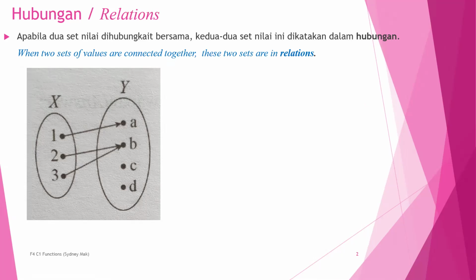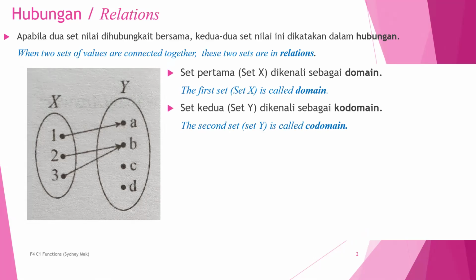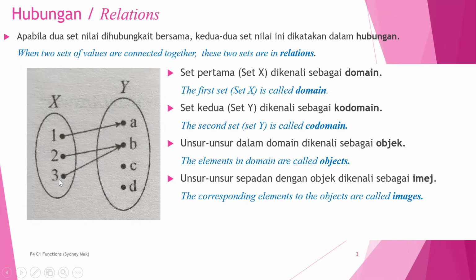In maths, the first group we call the set of domain. The second set corresponding to the first set is called the codomain. The elements, the members inside the domain, are called objects, and the corresponding elements to the objects are called images. Then what about C and D? Well, C and D are not images